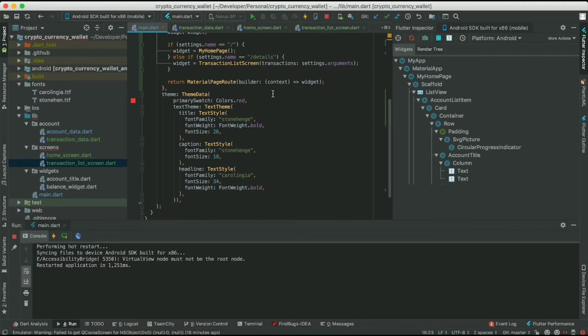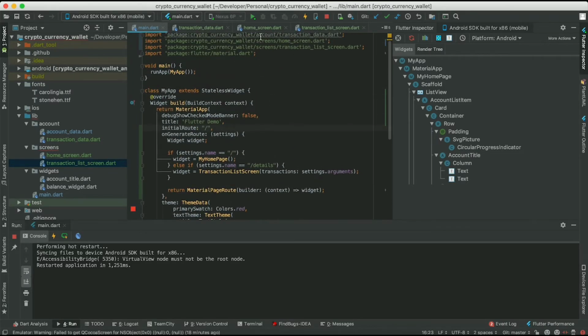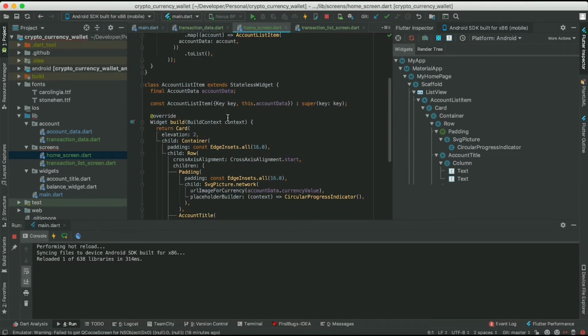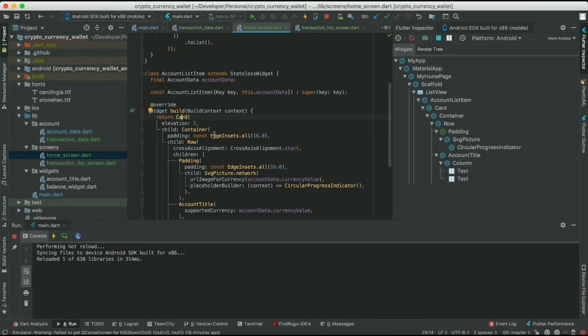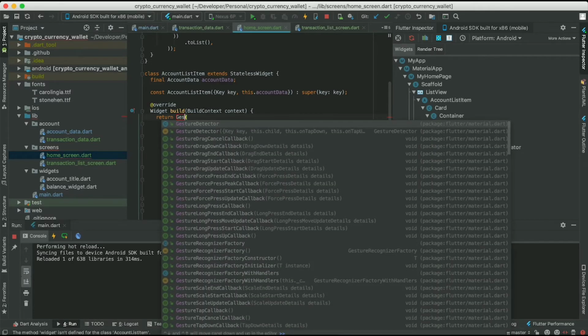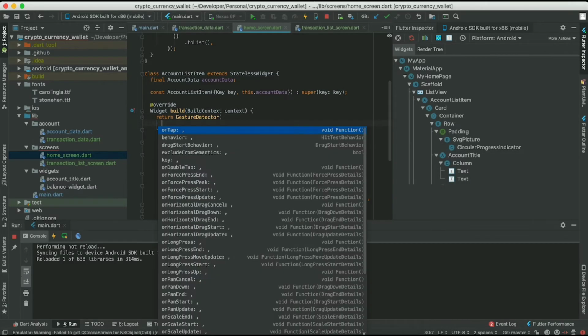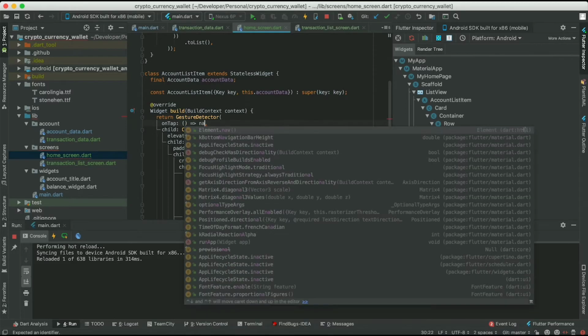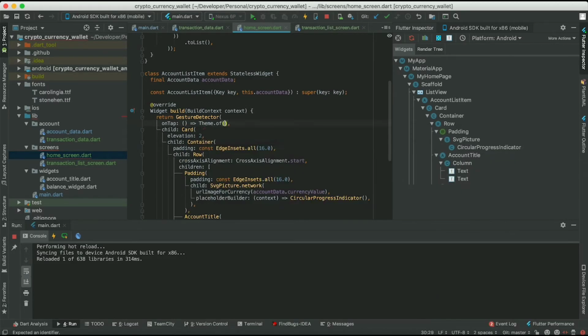So what I want to do now is change the home page so that we end up with an on-click listener. Around each individual card item, I'm going to wrap a new widget around it, a gesture detector. And I'm going to add an onTap function. This onTap function is going to call